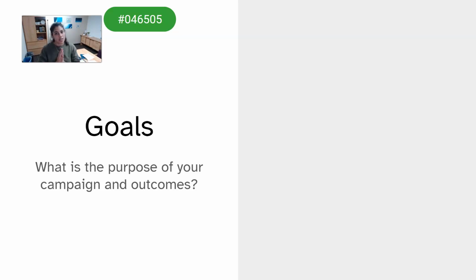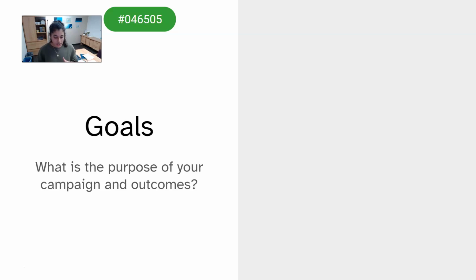Then goals are those more concrete pieces that drive our decisions and our actions. So we can't really come up with a good plan if we don't have a goal, right? That's driving our decisions and our actions forward. And so goals is really, what's the point? Why are we doing this campaign?